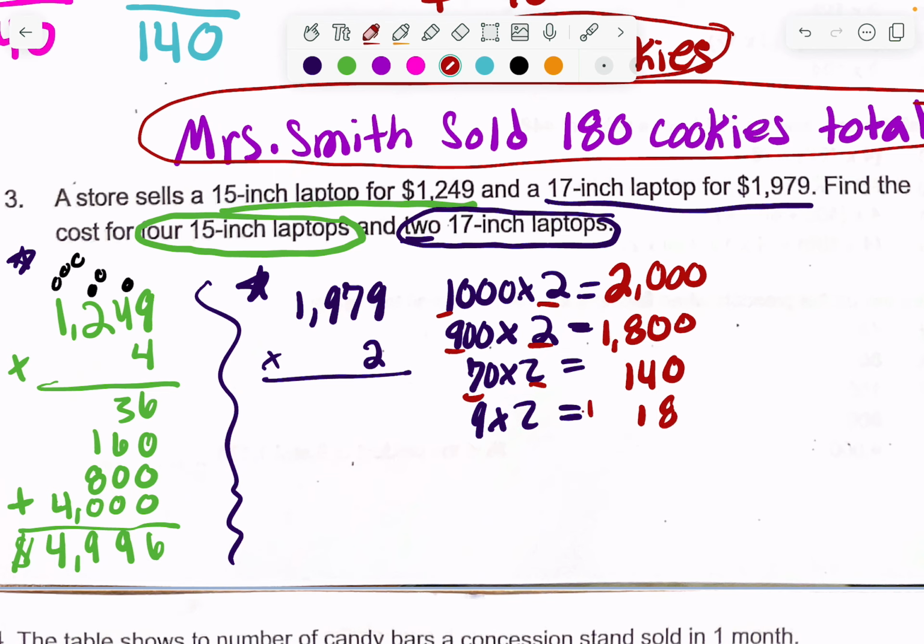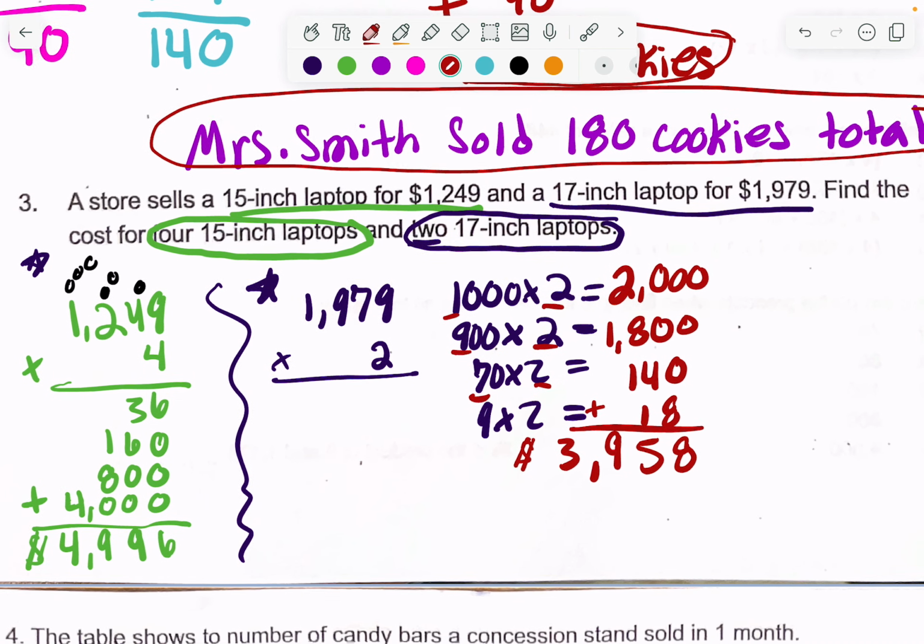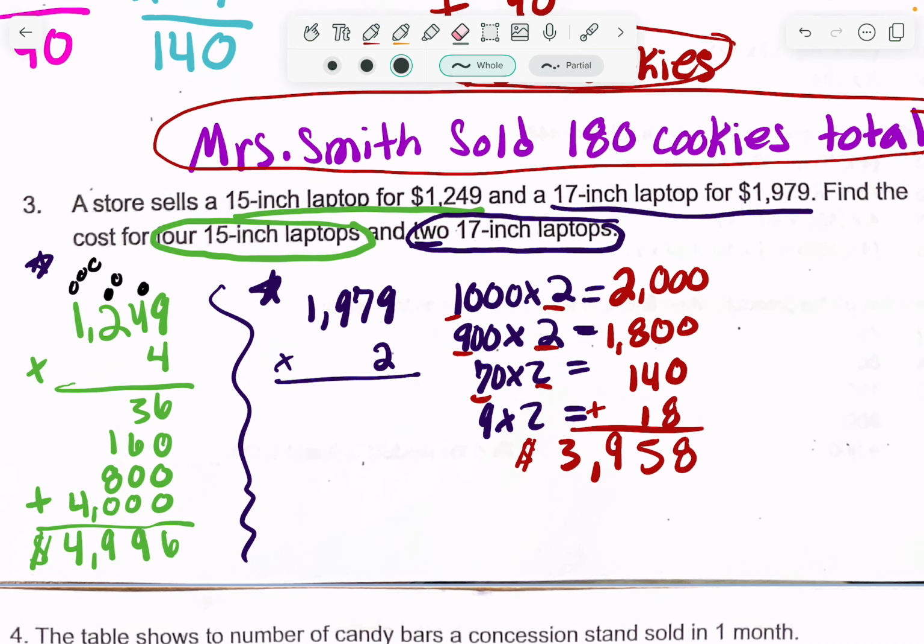Now I need to add all of my sums up. So 8 plus 0 is 8. 4 plus 1 is 5. 0 plus 8 plus 1 is 9. I should have done a better job of lining it up, and I clearly did not. 2 plus 1 is 3. So now I know for two 17-inch laptops, it's going to cost me $3,958. However, it says find the cost for four 15-inch